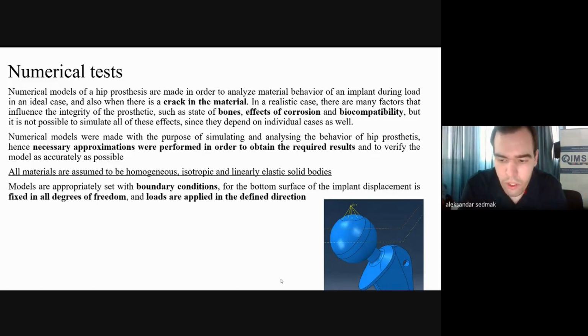Whether you fix the contact between the implant and the bone, or you consider additional degrees of freedom. The loads are applied in the defined direction shown on the picture below from a reference point directly connected to